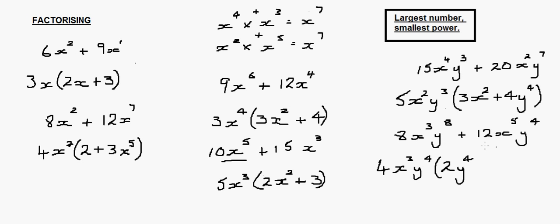So I've dealt with that part, now I deal with this part. So 4's into 12, I know goes 3. Now I've got x to the 3, but I want x to the 5. So this would be x to the power of 5 take away 3 will give me 2. Okay, because 3 plus 2 gives me the 5th power. And y to the 4 is there already. So if I multiply this by this, this will happen anyway. So I've now finished,